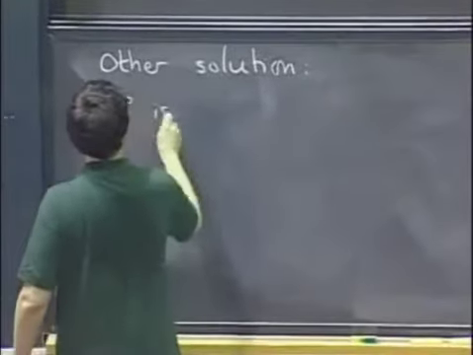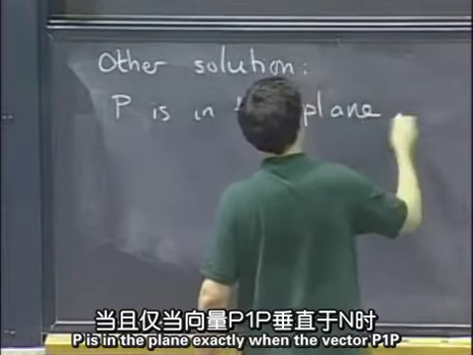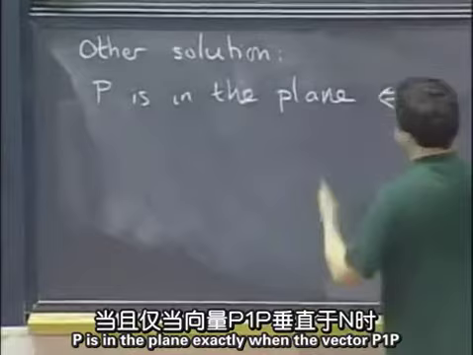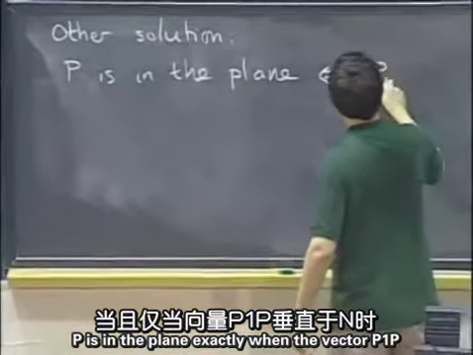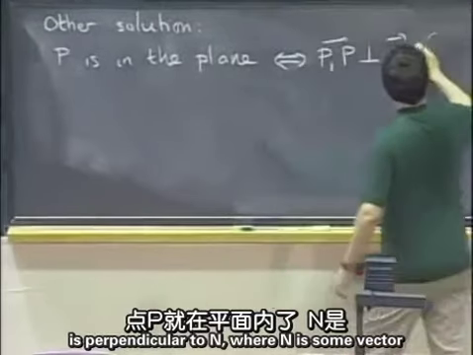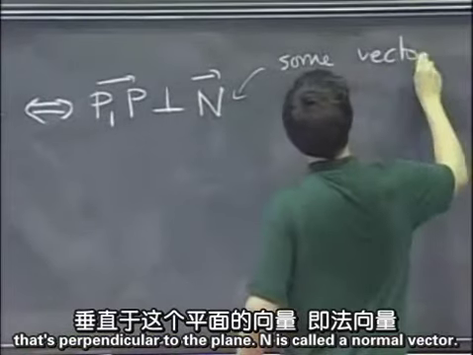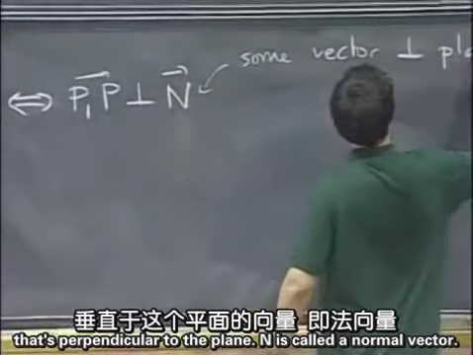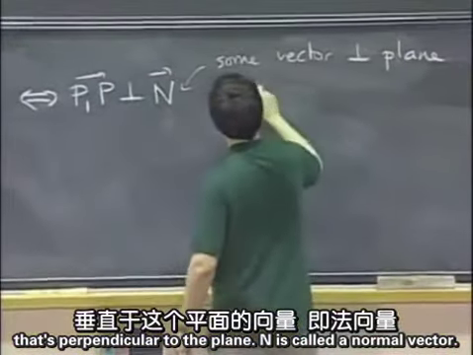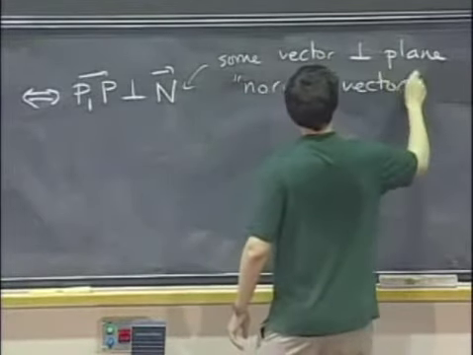So P is in the plane exactly when the vector P1P is perpendicular to n, where n is some vector that's perpendicular to the plane. So that's called a normal vector. Not that the others are abnormal, but